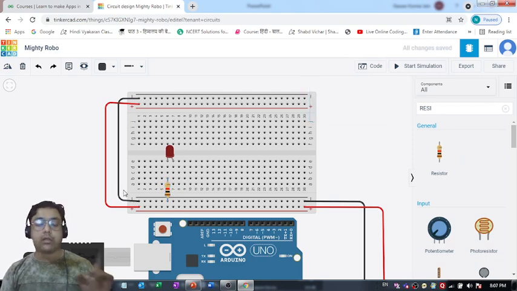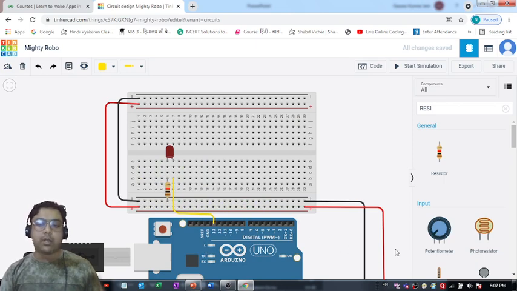Yesterday, if you remember, I used the same connection. You can just check out yesterday's lecture also. And let's select this yellow wire, and I would like to now connect the anode pin of this LED to pin number 13. Yes, it's going to be a good option. So I have successfully connected this LED to this breadboard, and with the help of this resistor and this yellow wire, I have connected it to this Arduino Uno R3 board.